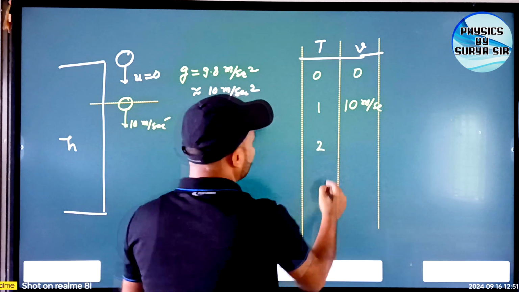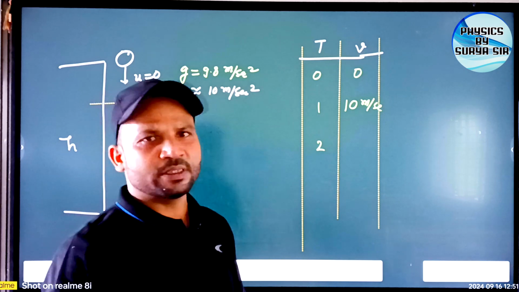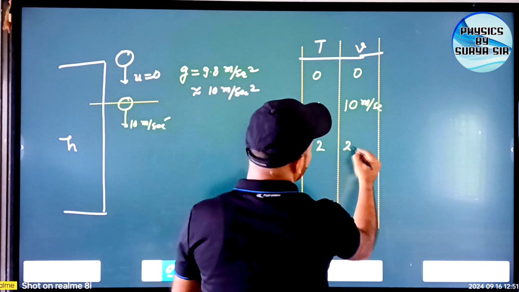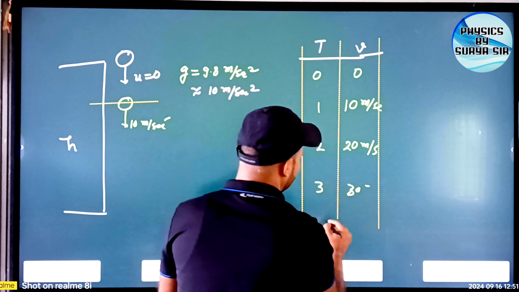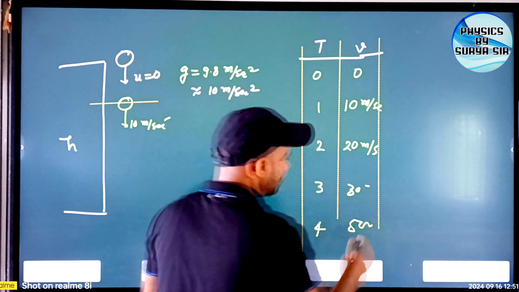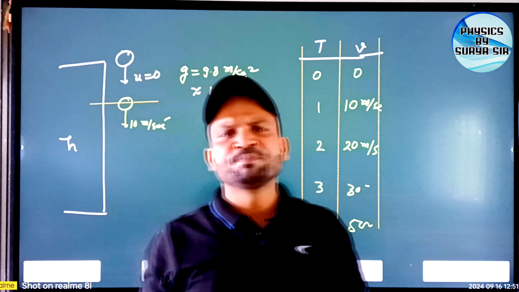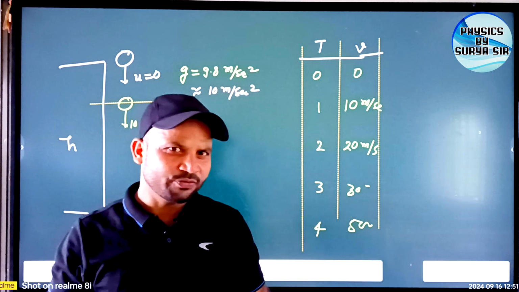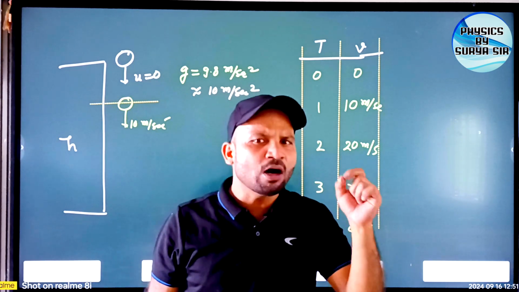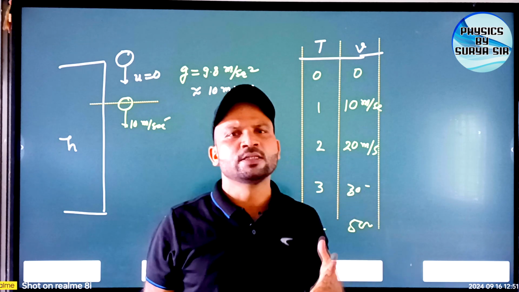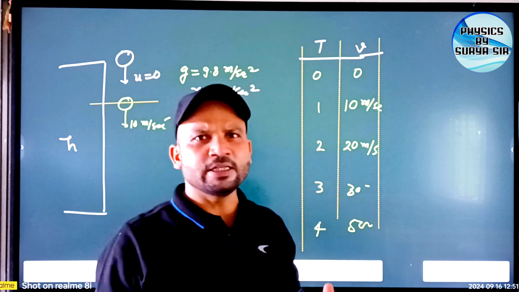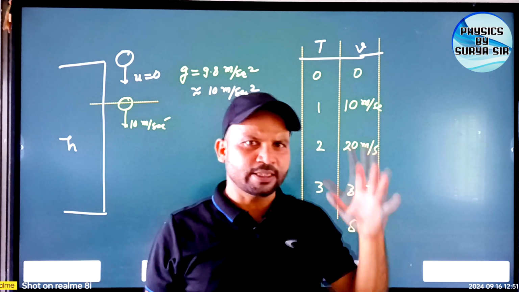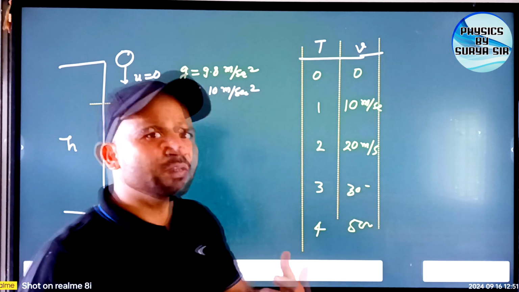After 2 seconds, it will again be increased by 10 meter per second, so the value will be 20 meter per second. After 3 seconds, it will be 30 meter per second. After 4 seconds, it will be 40 meter per second. So this is the actual meaning of acceleration due to gravity. Any object, if it is falling freely, its velocity is continuously increasing by 10 meter per second. Clear? If you take its reverse part,